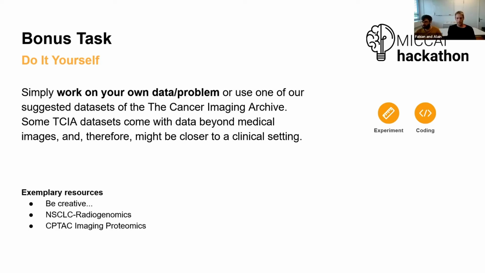On the website, we'll have some of the TCIA data sets that would be interesting to work on. The type of the task is experiments and coding, but that depends highly on what you're working on and what your problem is.